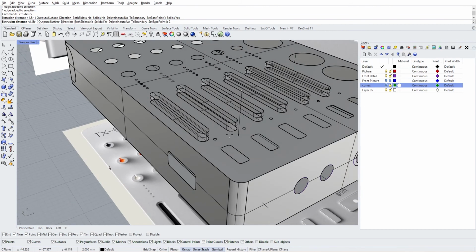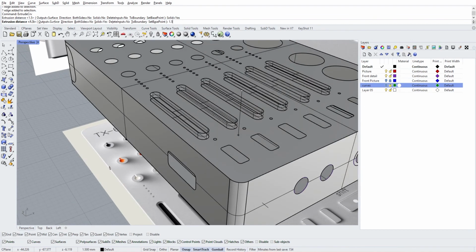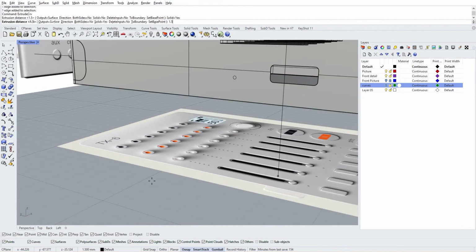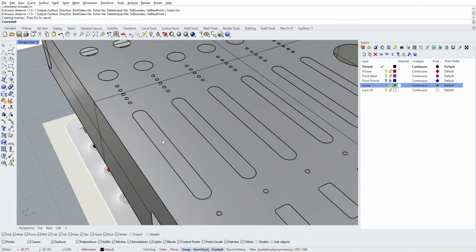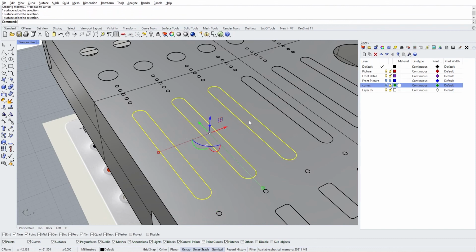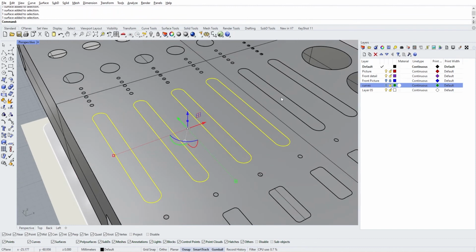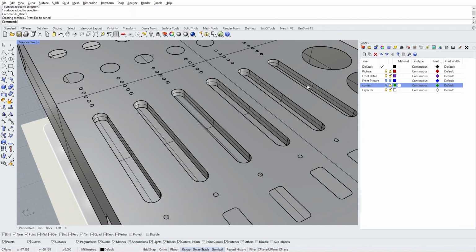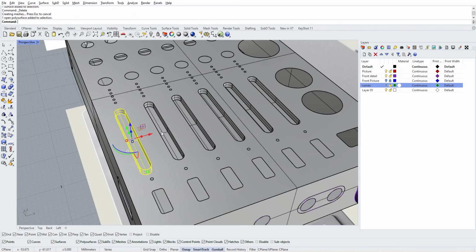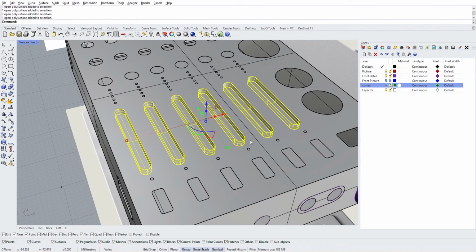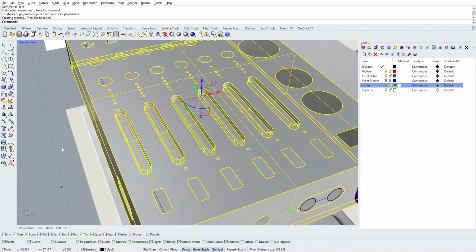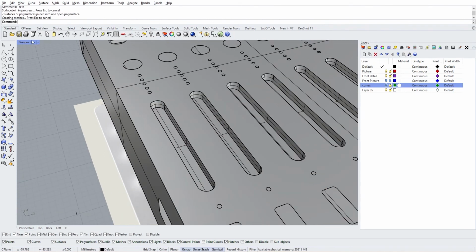Let's say 1.5 here. So extrude it downwards, and then you're going to delete all the top surface of the extrusions. We're going to join the extrusions with our main part here,